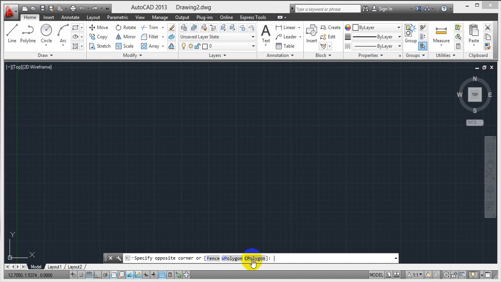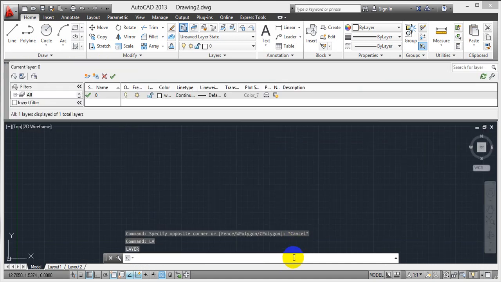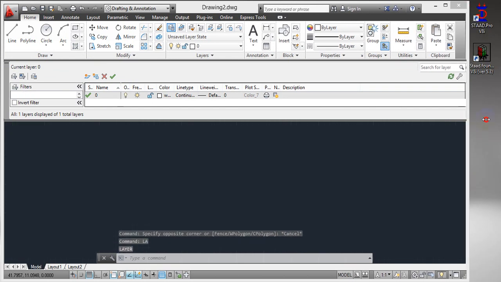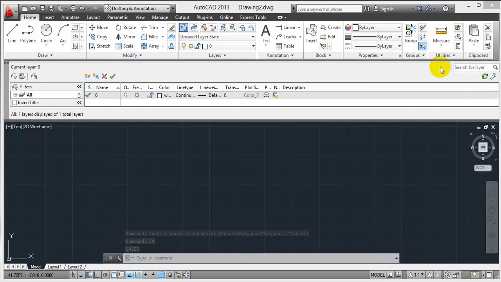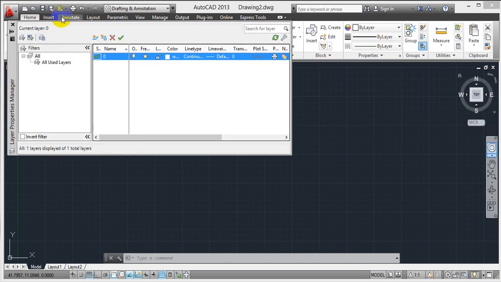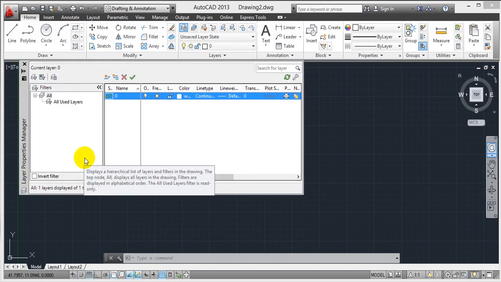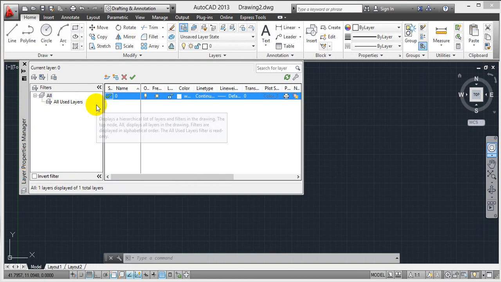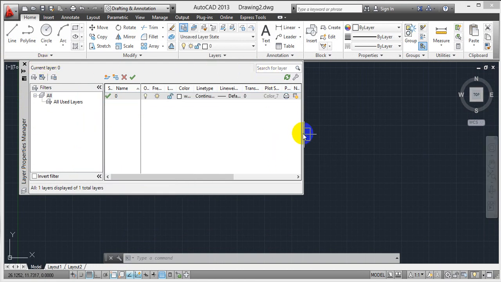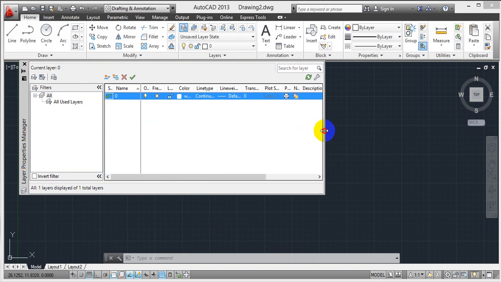Type LA, enter. I have to minimize it. So after typing LA, enter, this will be your dialog box of layers.